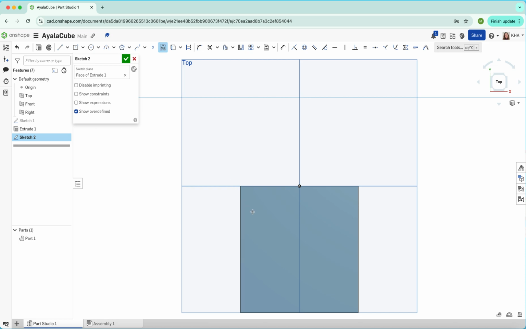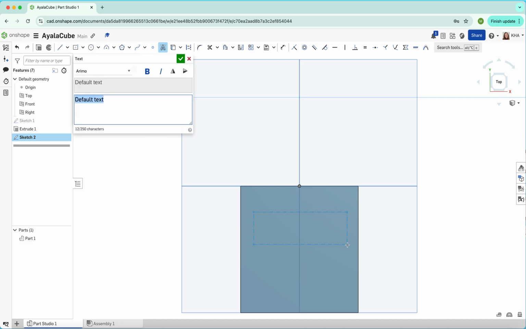Here's the text tool. I'm going to click where I want the upper left corner of the text box to be. Now I'm dragging to where I want the lower right corner of the text box to be. When I pick up my mouse, I get this box where I can type in what I would like to be in the text box. So I'm going to type my name,